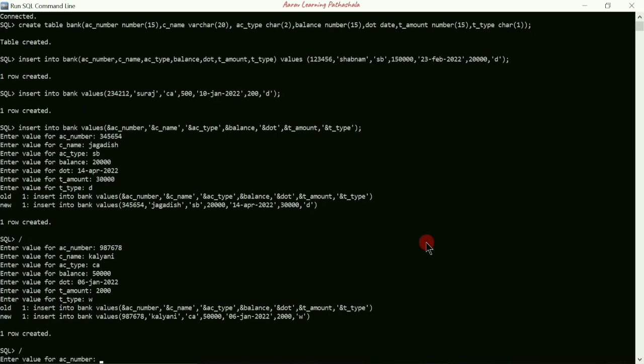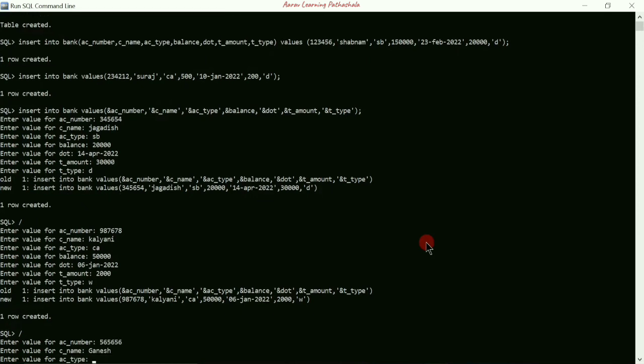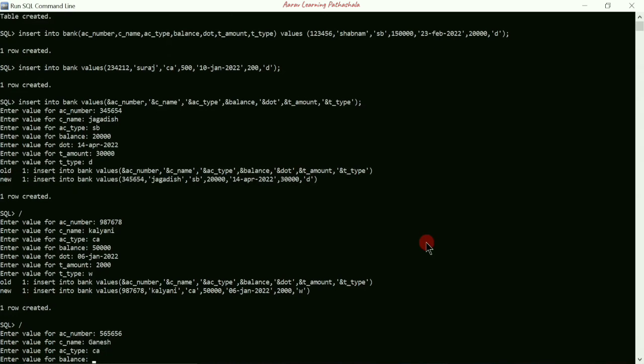Press enter. Now it is asking enter the value for account number. For example, I'm going to enter any 6-digit number and then enter value for consumer or customer name. For example, I'm going to write here Ganesh and enter. So account type is, I'll write current account once again. Next balance, I'm going to write